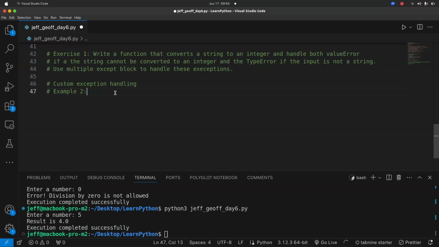Now, we're going to look at custom exceptions, because we know very well that Python also has its own defined ways of handling exceptions. There are built-in exceptions with classes that are used to handle specific error types, which makes our code more readable and easier to debug.